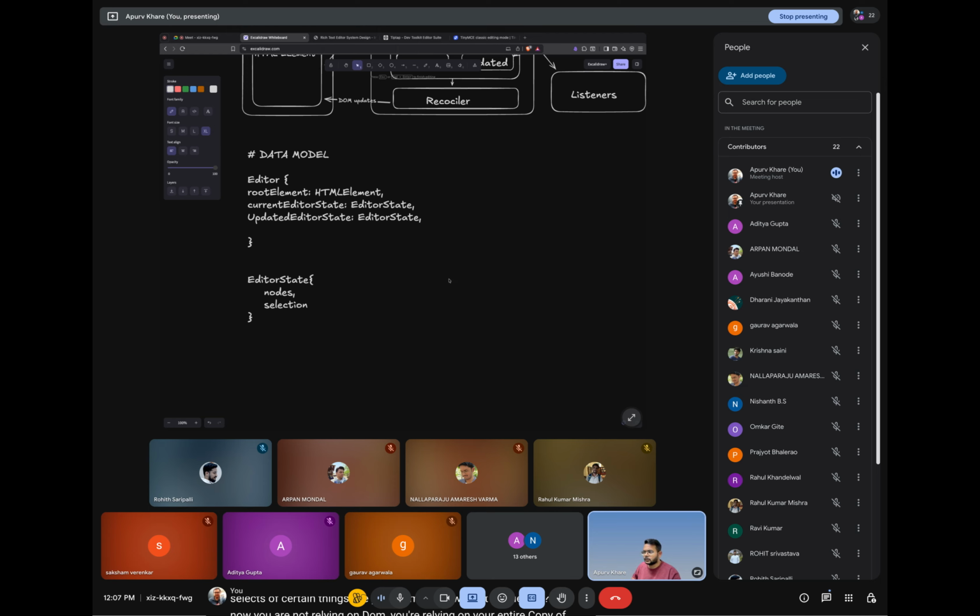So this is how your data model will look at a very high level. We can make it even more specific, but we'll do that a little later. So let's assume you have something like